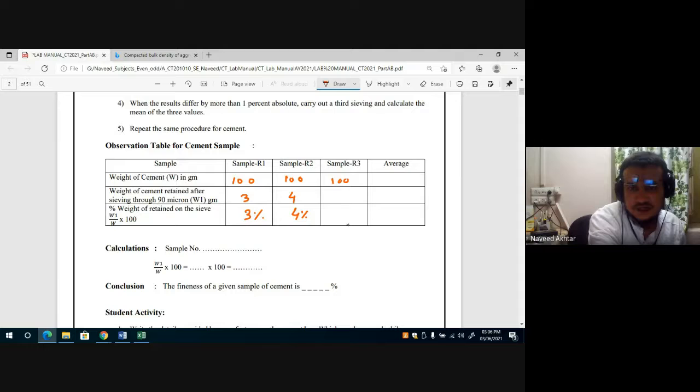You have taken 100 gram of cement and the weight retained is 6 gram, that is 6% retained, and the average of this